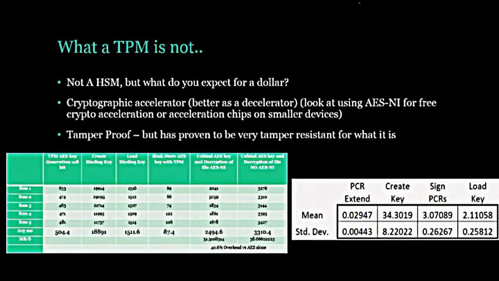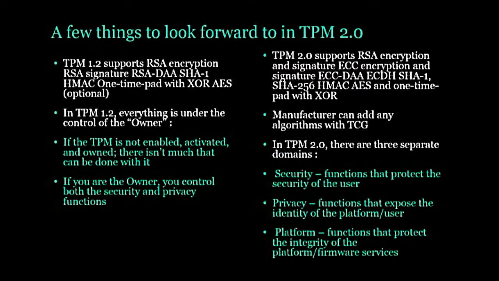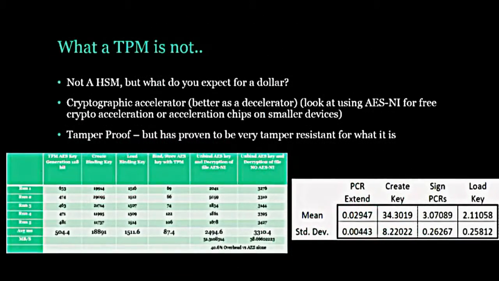These are some benchmarks. I don't know if you can read it, probably not, that I did myself on it to show you kind of how slow it is. When you create a binding key, for instance, like in here, the average was 18 seconds. And loading the key took a little over almost 2 seconds. But then when you're actually